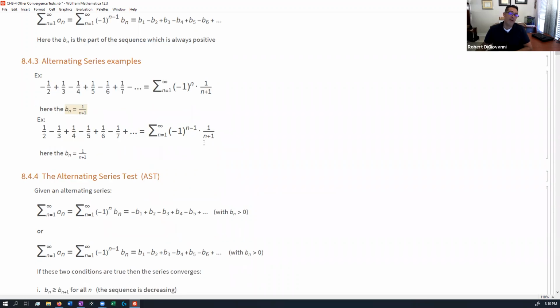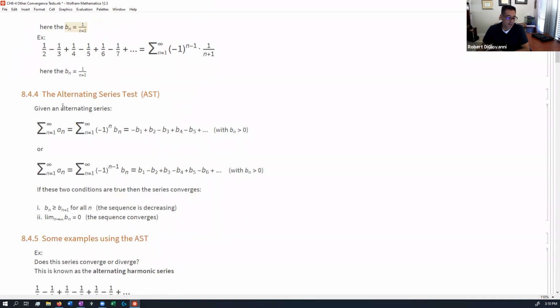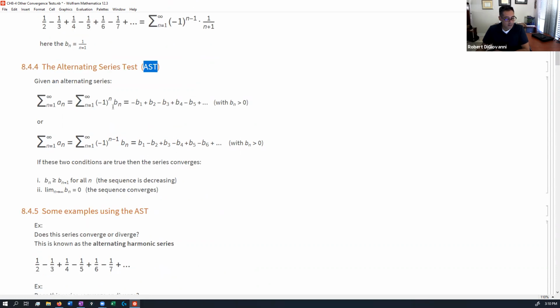All right, so now, what do we do? How do we figure out if an alternating series is converging or diverging? All those tests from the last sections can't be used because they assume that the pieces are positive. So here we have our first test that deals with this, and it's called the alternating series test, abbreviated AST. It says, if you're given a series that alternates like this, or the other way where it starts off positive, this one starts negative, this one starts positive, in either case,